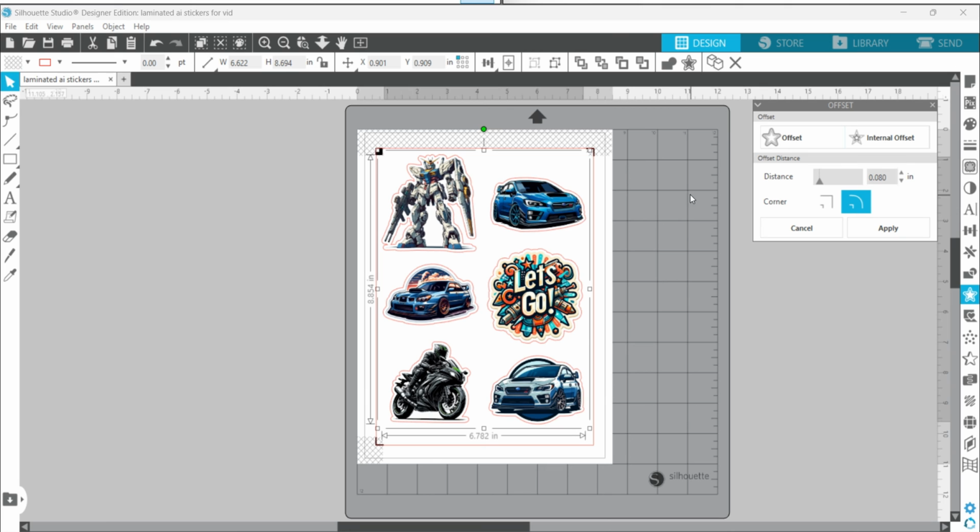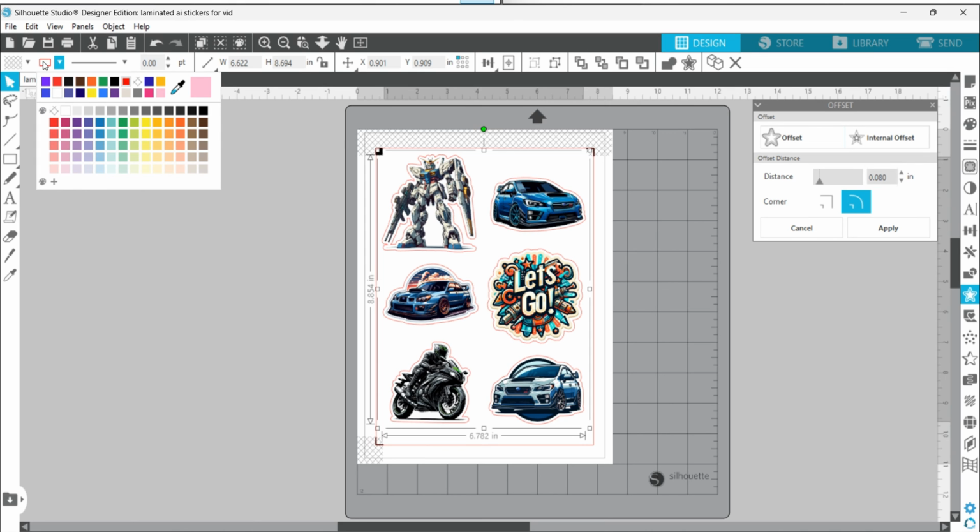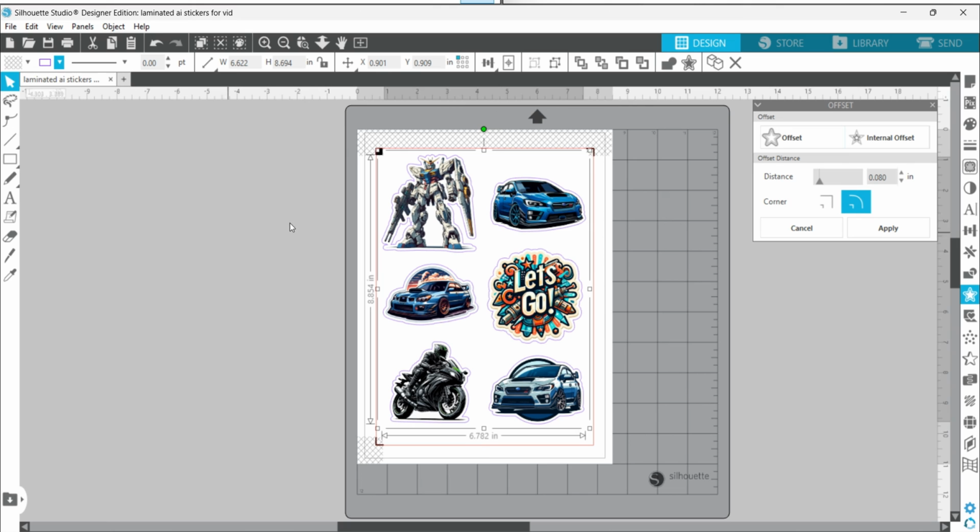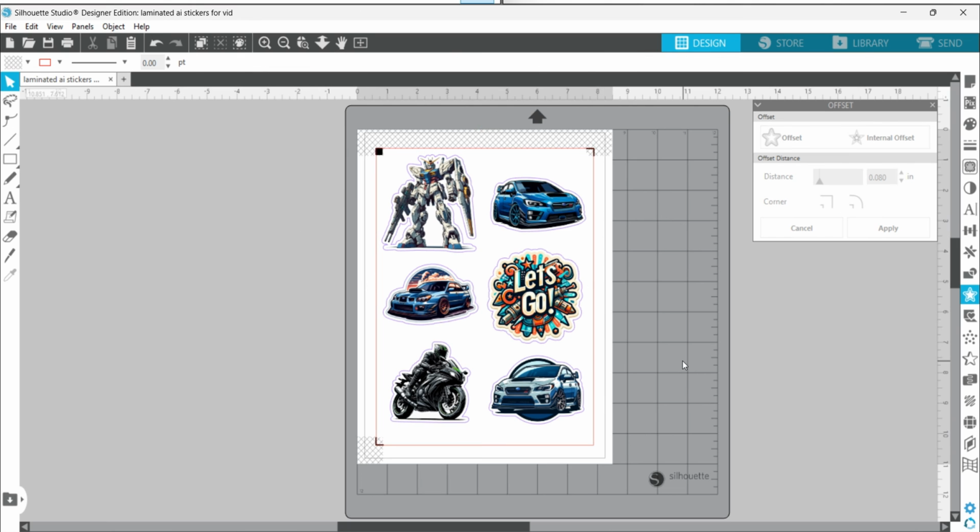And then now, while everything is still selected, go up to, I have it in the top left. You want to go to your, basically it's like the line color. And you'll want to change that color to something else. I'll just use purple because it's handy and it's right there. So now the offset lines I did are all purple. So click off of that. And now when I go to send this later on for cutting,